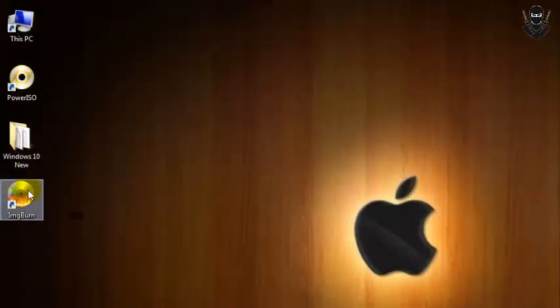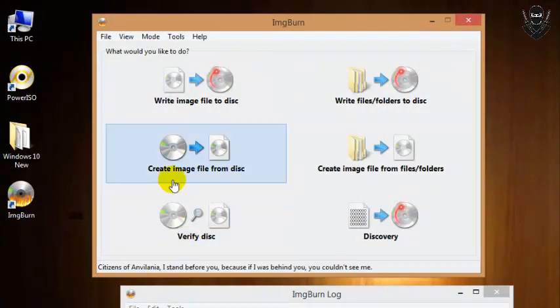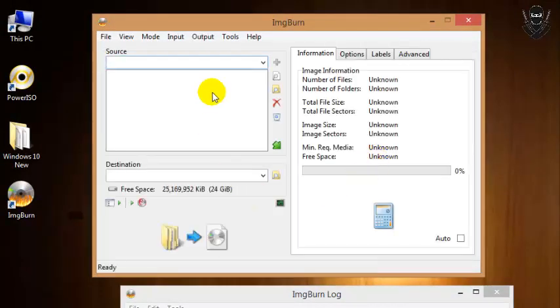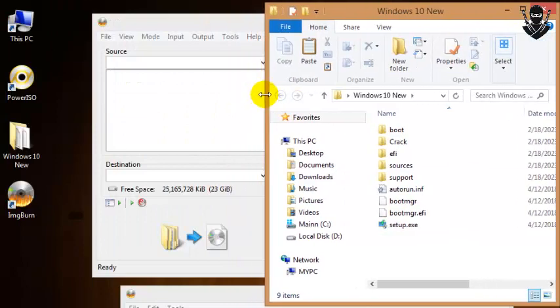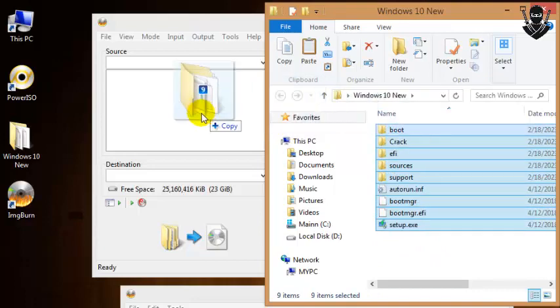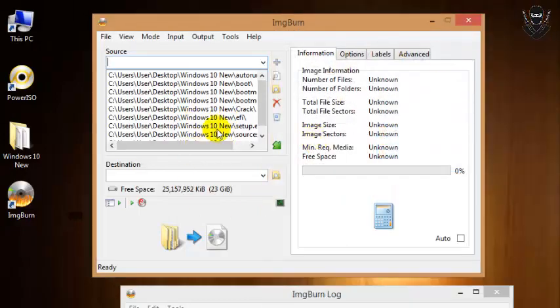I use ImgBurn for this. You can open this tool and click create image file from files. This is my folder. I select my files and drag them to this tool. And we can click